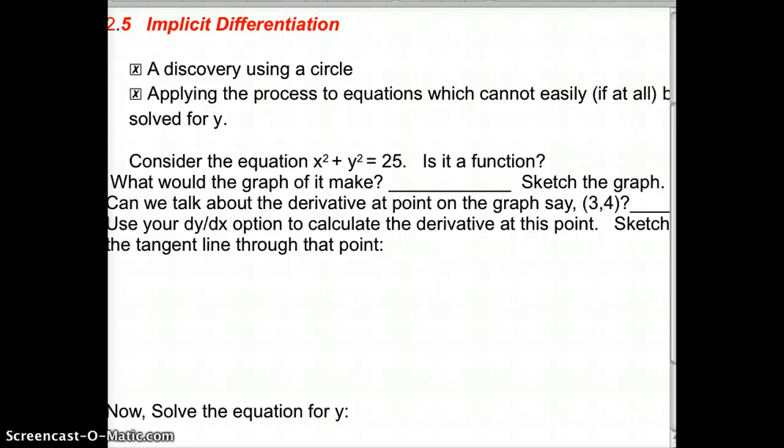These are the notes for the first part of 2.5. This will be the last section that we cover before we test on sections 2.1 to 2.5. It's called implicit differentiation. And remember, all these differentiation processes and rules that we've been learning are all geared towards